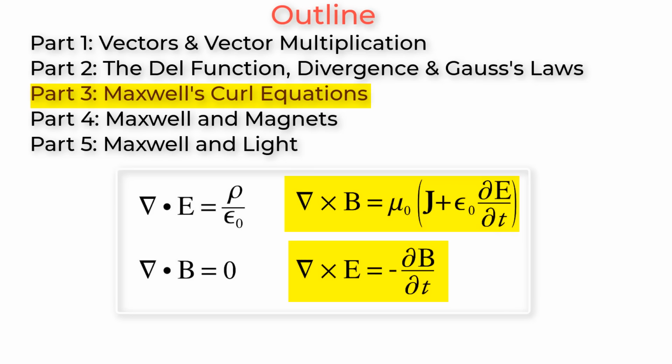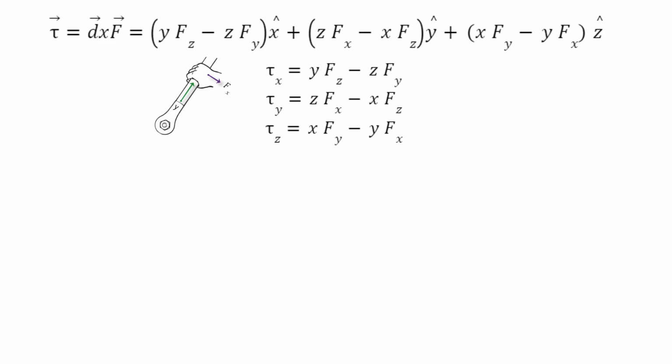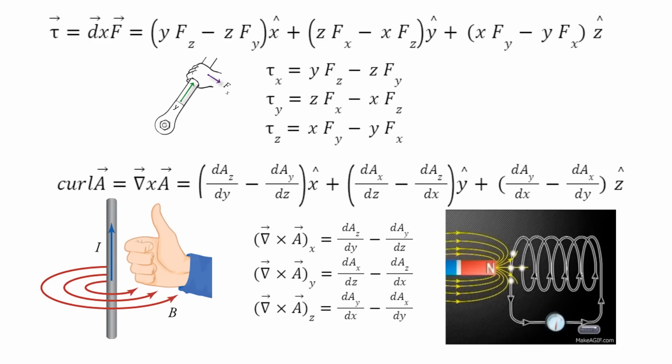All of which means, since magnetic fields can't converge or diverge from a point, all they can do is curl around in circles. Which brings me to part 3, Maxwell's equations and curl. So let's start with the cross product with del, or the curl. Now, I want to remind you how the cross product works between a displacement and a force to get the torque. You end up with 3 equations, one for each direction, or a single very long equation. By analogy, if you take a curl of a vector A, you get 3 equations for the 3 directions, or a single very long equation.